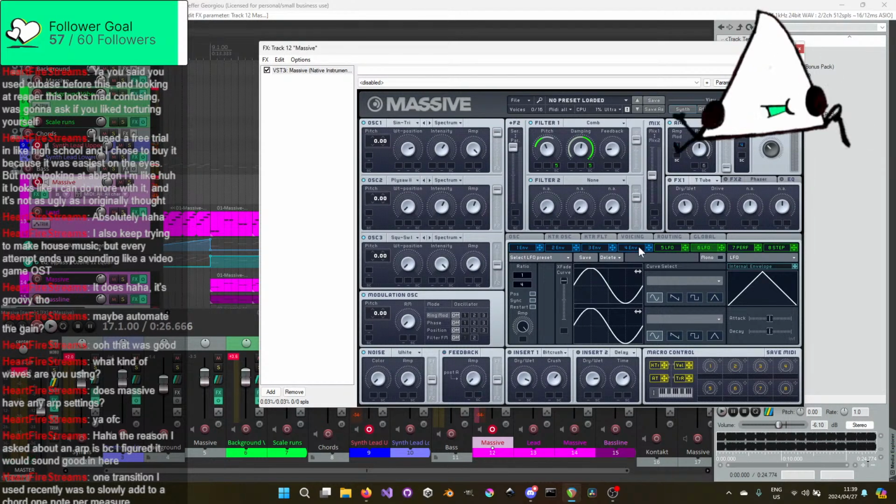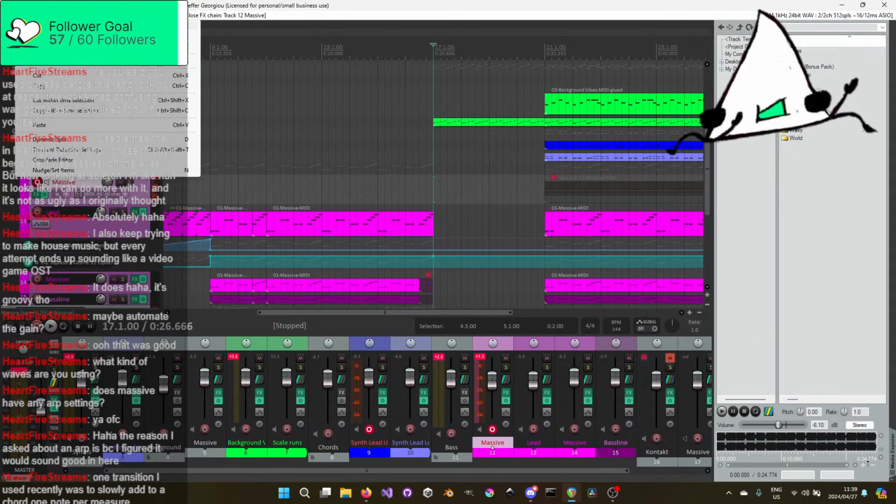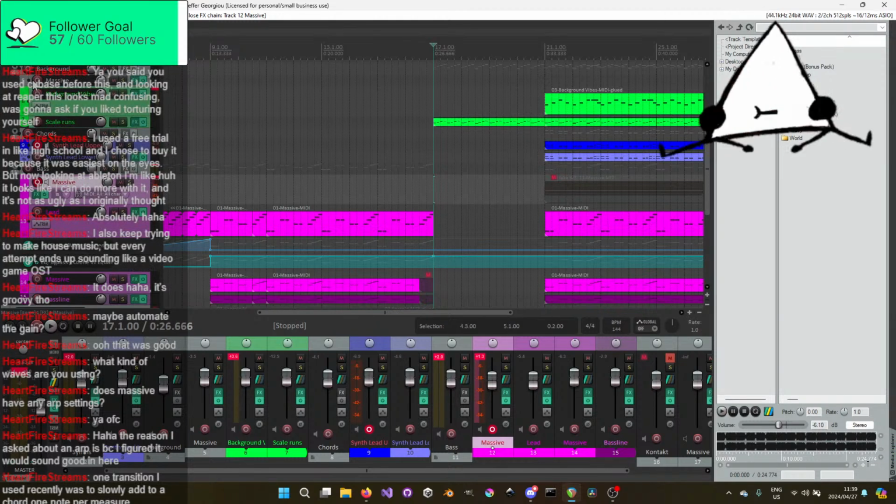Before I mess around too much with anything, I know this isn't being used currently, but I haven't saved this as a preset, and I don't want to get rid of it just yet. We will save a new version while we're waiting. Be safe, non-destructive creation environment. That way you can always go back.